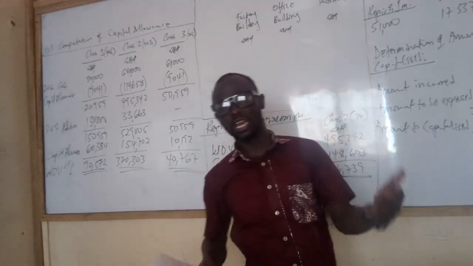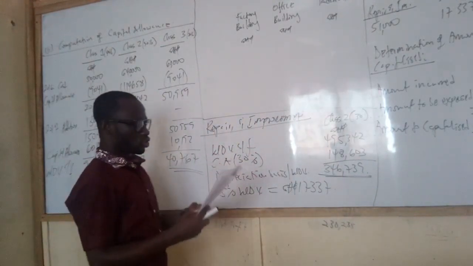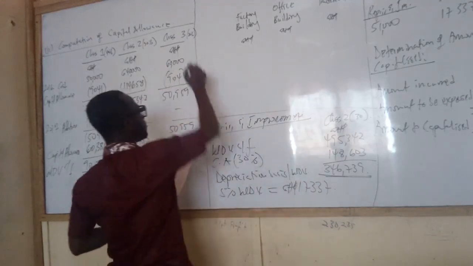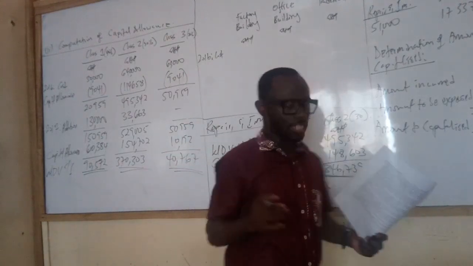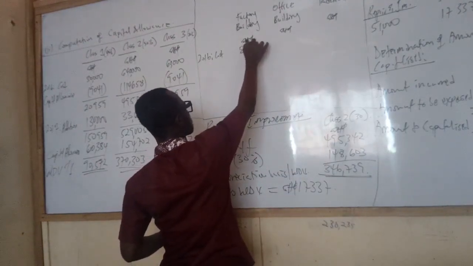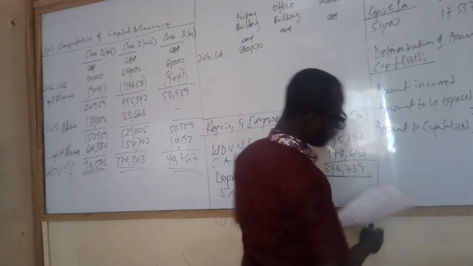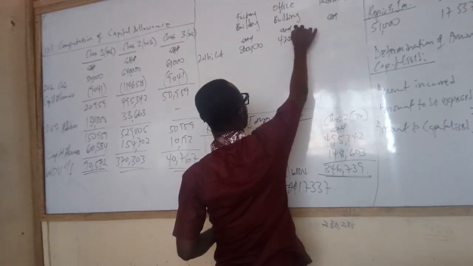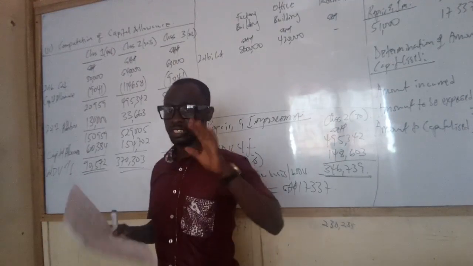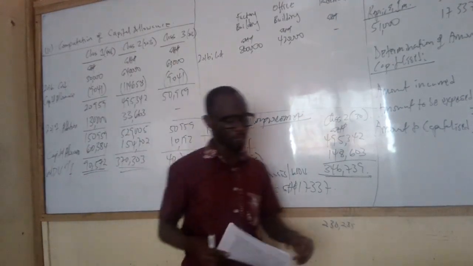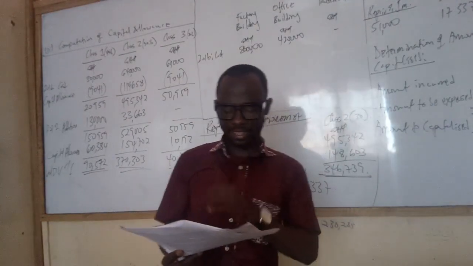We will claim capital allowance over the estimated useful life of it. So if we check it out, from 2016, the cost of the building was given to us as 800,000. For the office building, that was given to us as 420,000. And as at 2016, there was no trademark. Are you getting it? As of 2016, there was no trademark, because if you remember from the question, we were told that the trademark was registered during the year ended 31st December